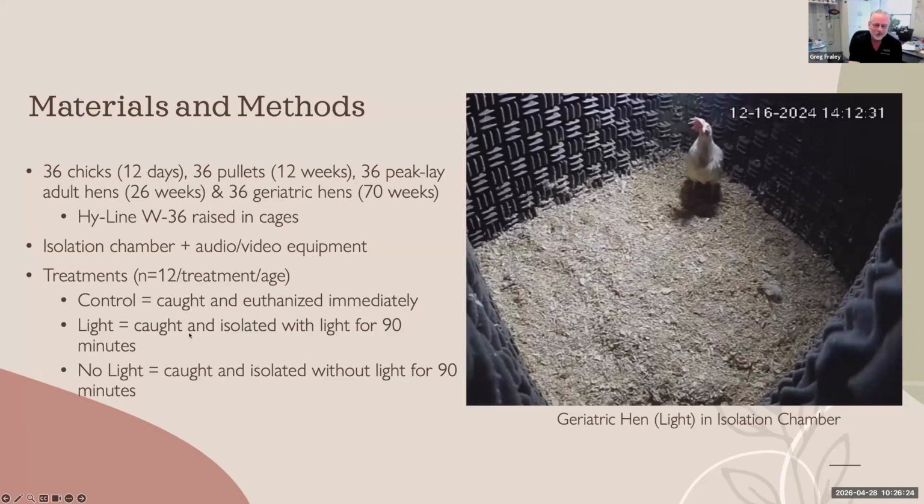She also compared birds in lit isolation chambers as well as dark. That happened because she was a brand new graduate student in my lab when she did this study, and I neglected to tell her to turn the lights on. So it turned out her first group were done completely in the dark, and we were like, what the hell? Let's roll with it. So we did light and dark conditions throughout the rest of the study.